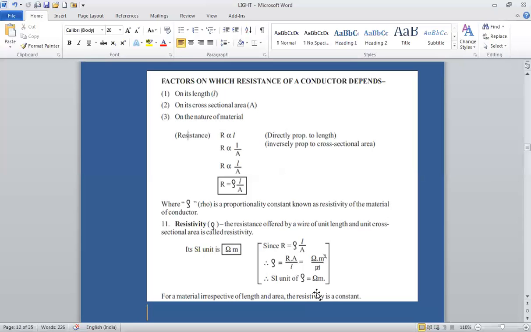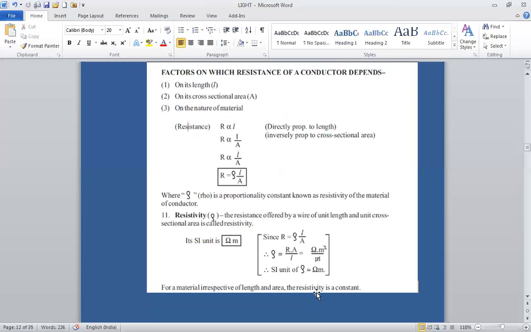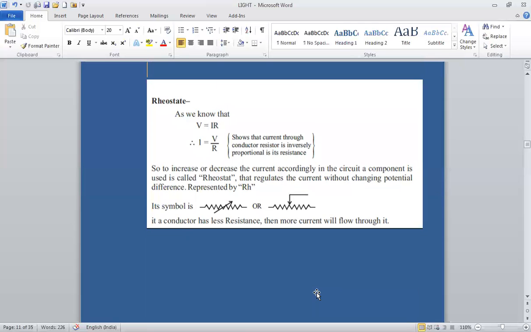The resistivity of an alloy is generally higher than that of the pure metals which form the alloy. They are mostly used in electrical heating devices as they do not oxidize easily at high temperature. So we usually use alloys. Tungsten, copper, and aluminum alloys are used for making lamp filaments and high current carrying capacity wires for electric transmission, because alloys do not burn off easily as the metals do.